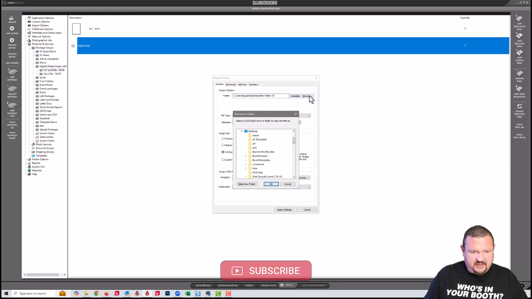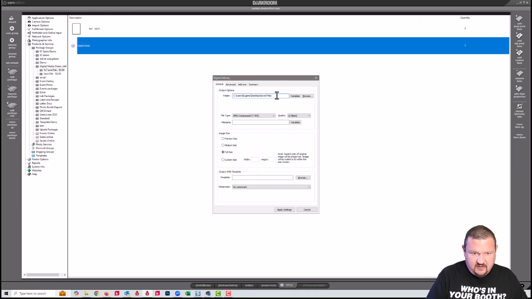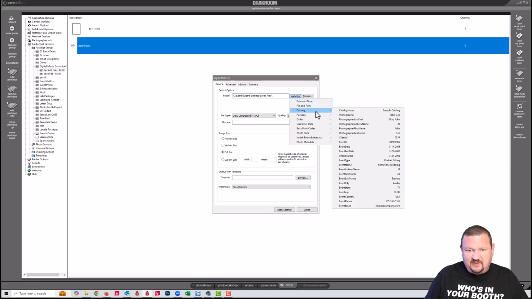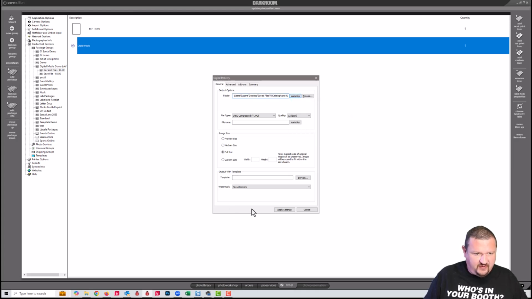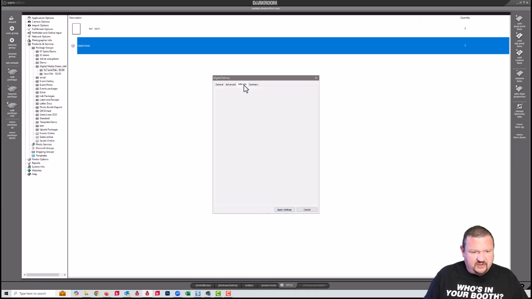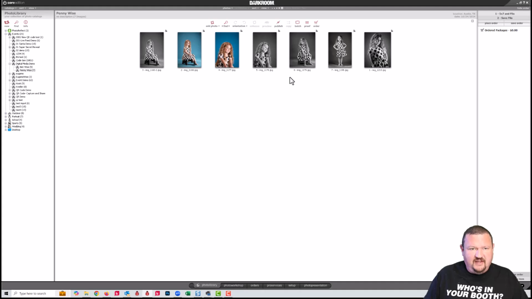So we'll want to select our folder again, save files, and in this version we're going to use variables and then catalog name, and just make sure we don't have any extra files being added. Apply settings, and now when we switch over to the photo workshop, if I select an image, let's go with this one right here,